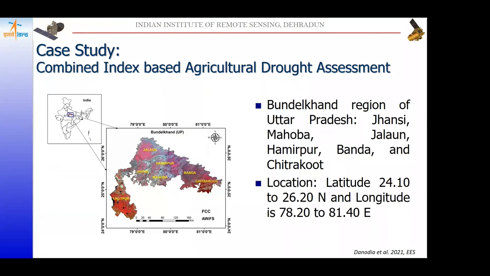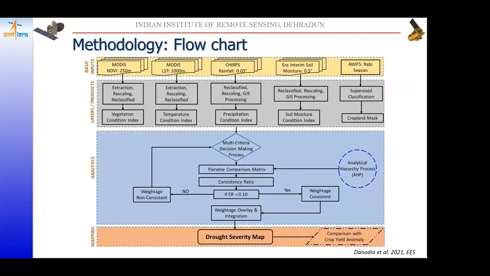So we did this study of Rabi season agriculture drought assessment using long-term or historical data sets. This is the flow chart of the work, where we use basic inputs like MODIS NDVI data sets, MODIS LST (land surface temperature) data sets, CRIPS rainfall data set, which has 0.05 degree gridded data, and ERA interim soil moisture data sets, which has 0.5 degree gridded data. Using those data sets, we extract our area-specific results, rescale, reclassify and generate the following